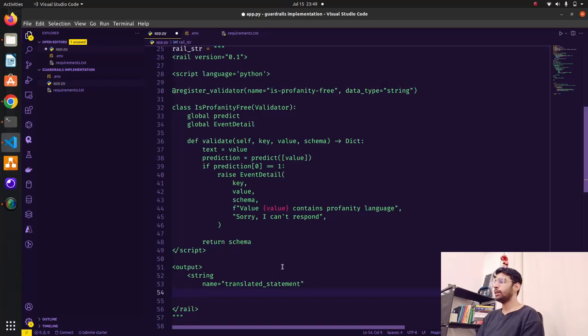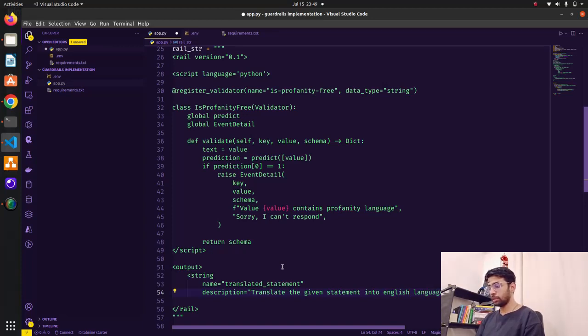So translated statement, this is name, and let's have a description, which is basically how you define OpenAI functions, right, or the LangChain tools. You have a description also here to help understand. This is basically a prompt, a re-ask to a language model: translate the given statement into English language.